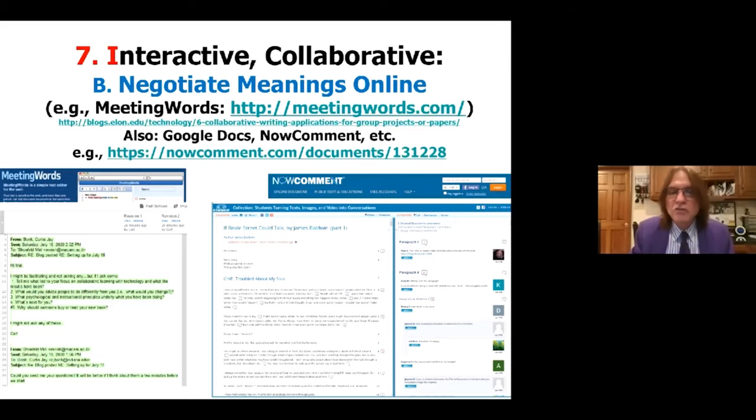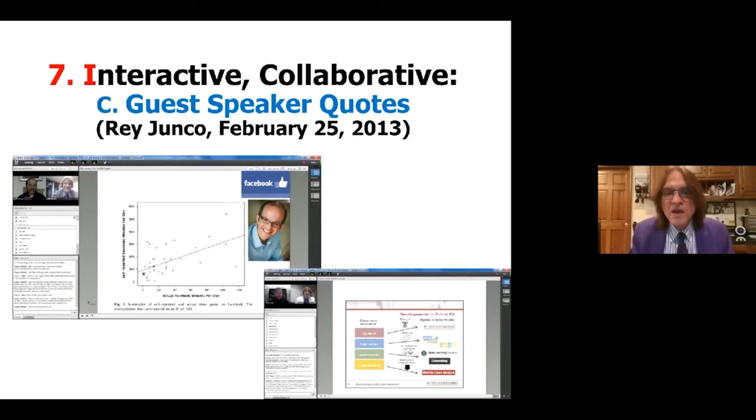Another thing I like to do is have a guest and have my students call quotes from the guest, their own articles, and call them up in the chat window. They might put a quote, they might put an image, a graph, a chart, a figure from that person's research.